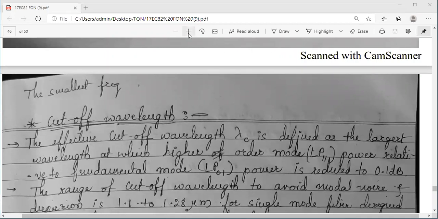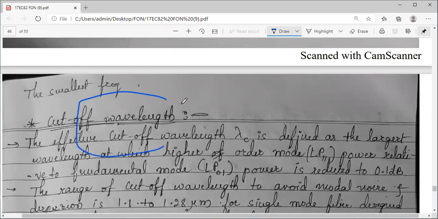You know, what do you mean by cutoff frequency? So obviously the reciprocal will be cutoff wavelength. Cutoff frequency in general, I think you have studied in filters. So what is the cutoff wavelength? It is that particular wavelength or the frequency after which the things will pass. Even in case of optical fibers, it acts like a high pass filter. So cutoff frequency is the smallest frequency after which it will pass all the higher frequencies. Similarly, the reciprocal of that will be the cutoff wavelength.